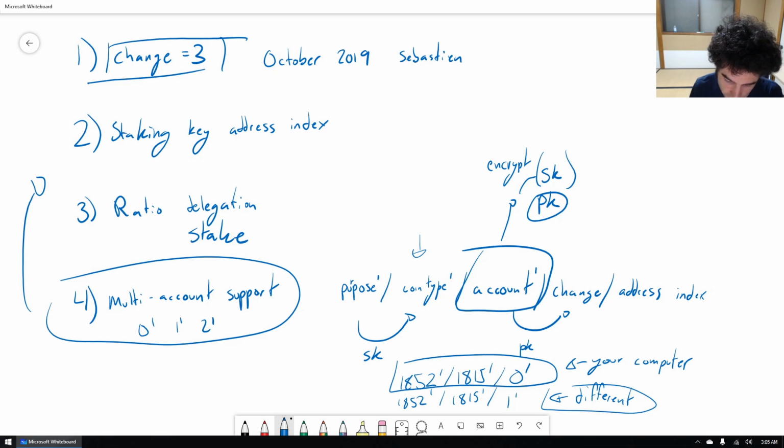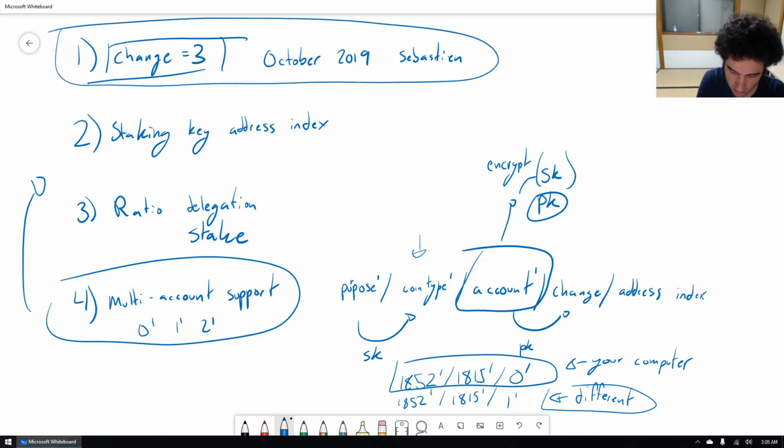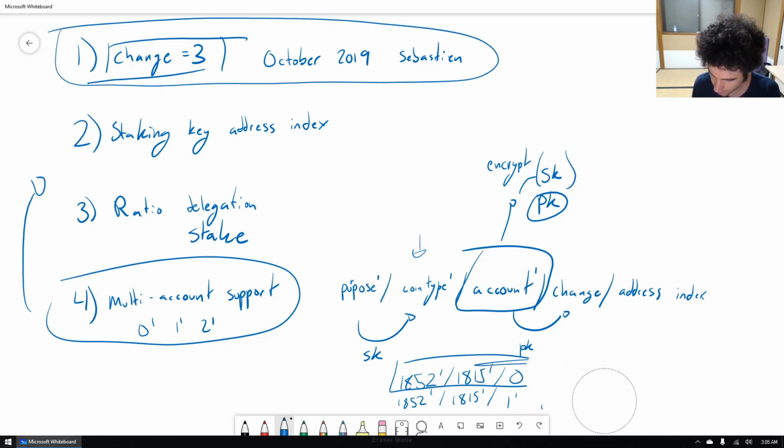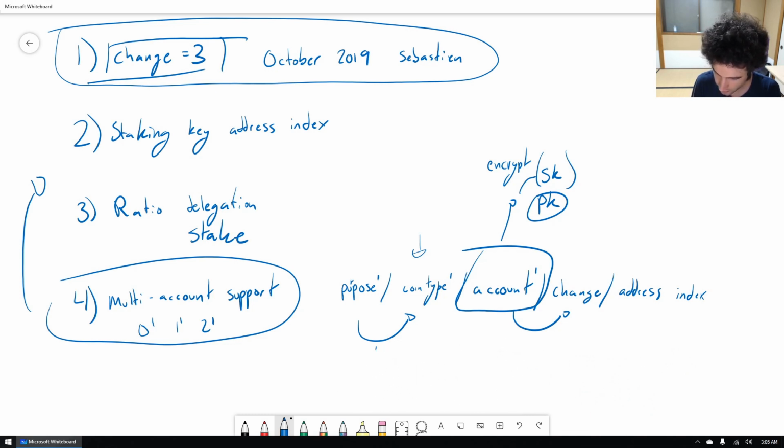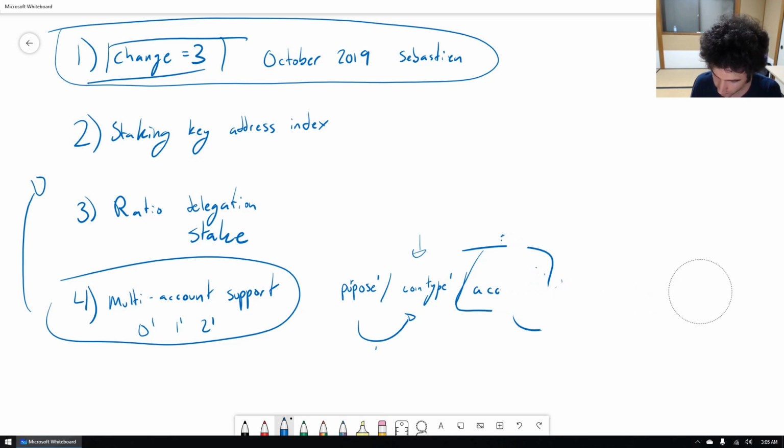So we want to solve this problem. The easiest way to solve this problem, in my opinion, from a purely wallet point of view, was this change equals 3 proposal. So let me describe to you what change equals 3 is. So the change equals 3 proposal